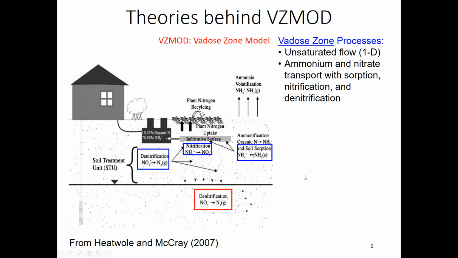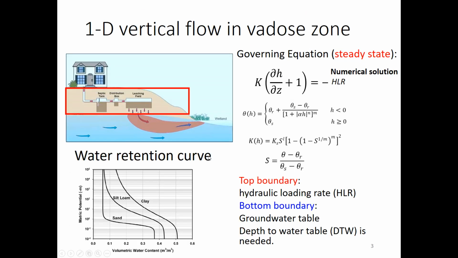Again, this VZMOD simulates 1D unsaturated flow from drain field to water table, and also the ammonium and nitrate transport and reaction, which are absorption, nitrification, and denitrification. So for the 1D flow, you're going to simulate essentially a vertical, steady state flow from drain field to water table. And by the way, all the information you can find